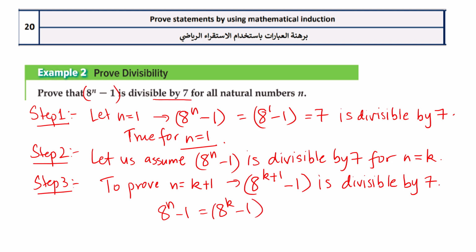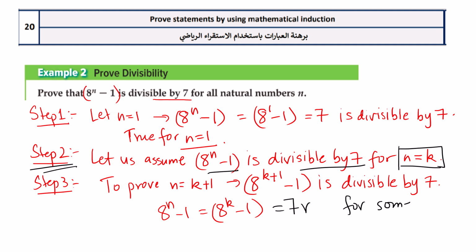What did I do? I just replace n with k. And from where am I getting this? This I'm getting from step 2, where I make the assumption that this is divisible by 7 for n equal to k. So I just replace. So if this is divisible by 7, can I say 8 to the power k minus 1 will be some multiple of 7 for